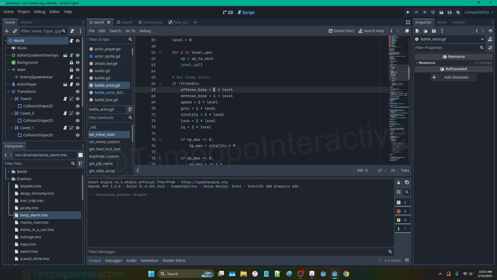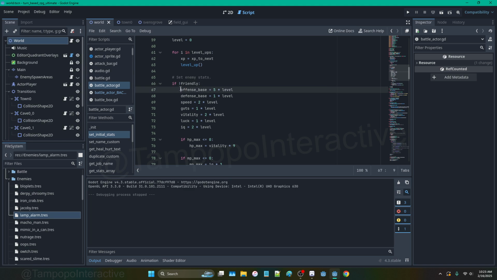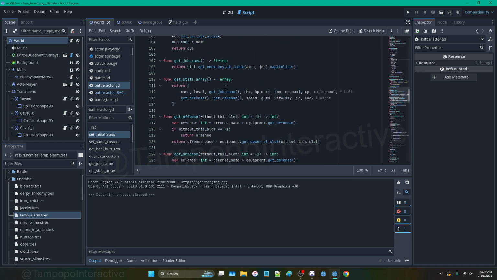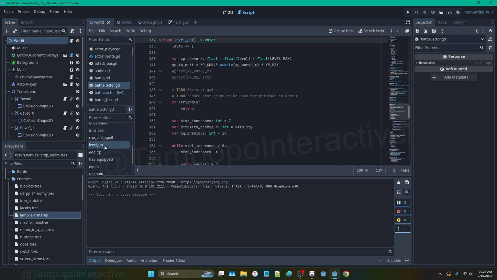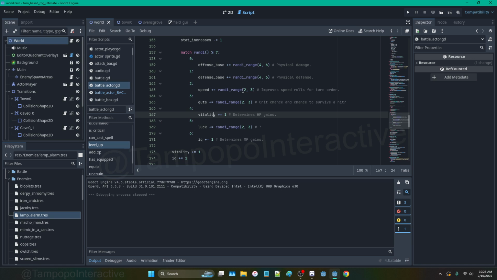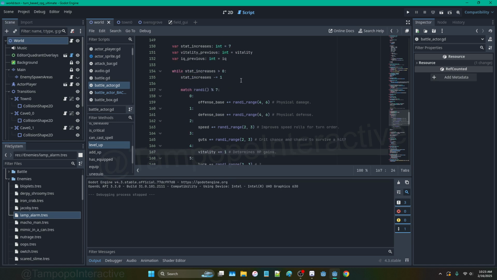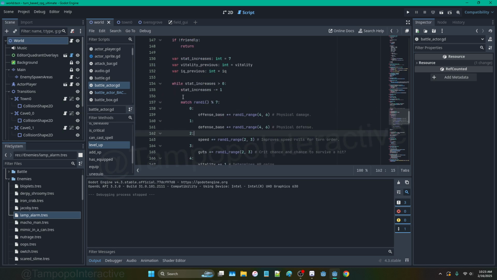So level ups. Let's look. So offense base. This is for the enemies. 5. So enemies scale that way. It's probably, if we look at the level up script, wherever the heck that is. There we go. See, this is all fine, but since it's all random,